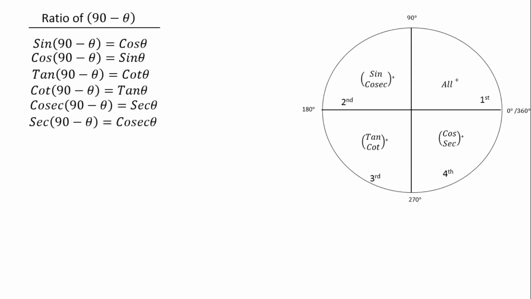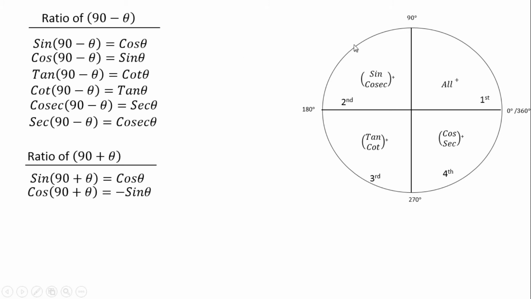Like if we break the angle 120 into 90 plus 30, then what will happen? Now in 90 the ratio will be changed, so sine changes into cos, but 90 plus theta means more than 90 degrees, so the angle will fall in the second quadrant. In the second quadrant only sine and cosec are positive, which means whenever we get the other ratios they will be negative. Like we can see over here, cos of 90 plus theta, cos with 90 changes into sine, and 90 plus theta means second quadrant, so sine is negative.